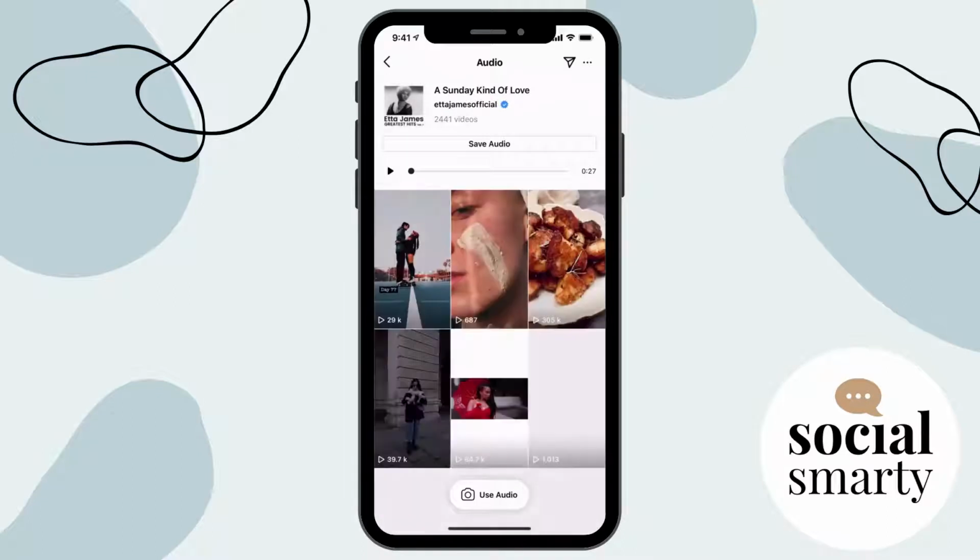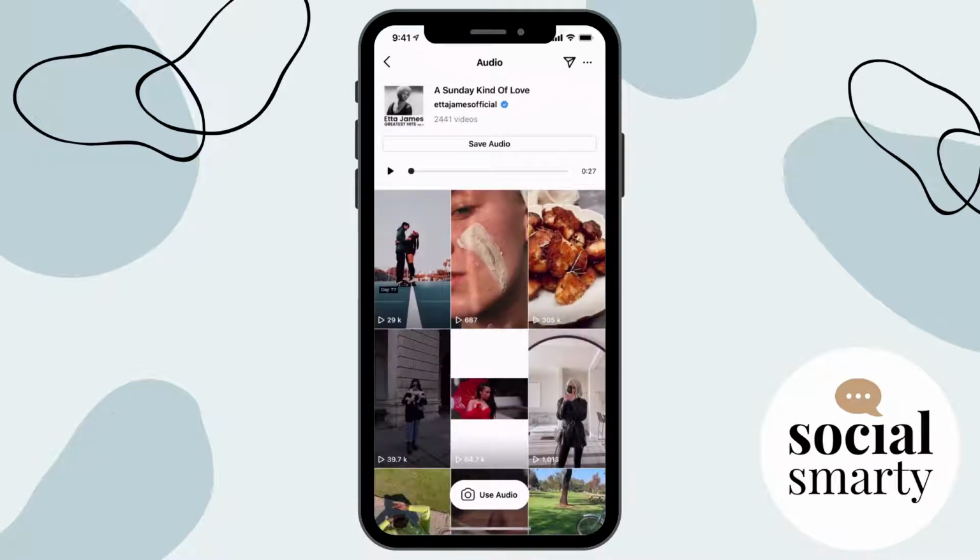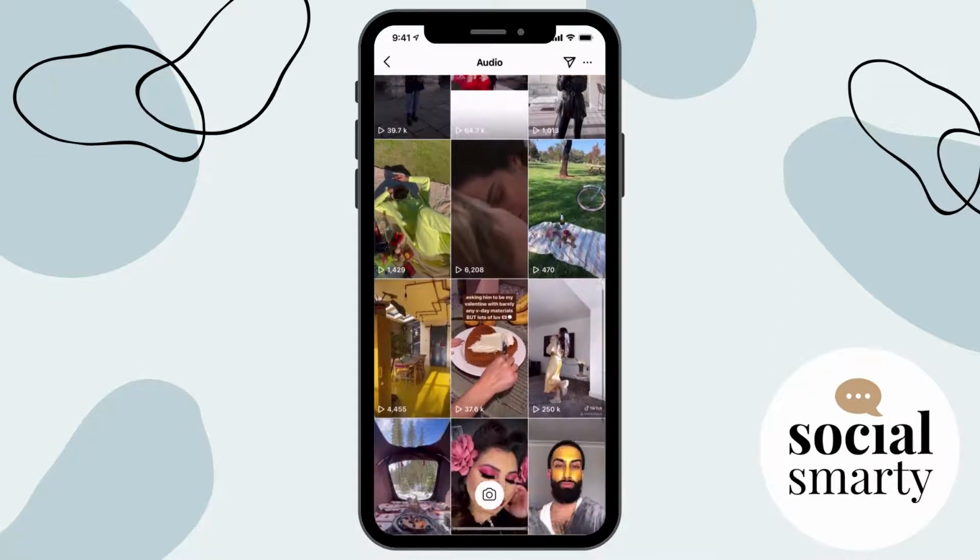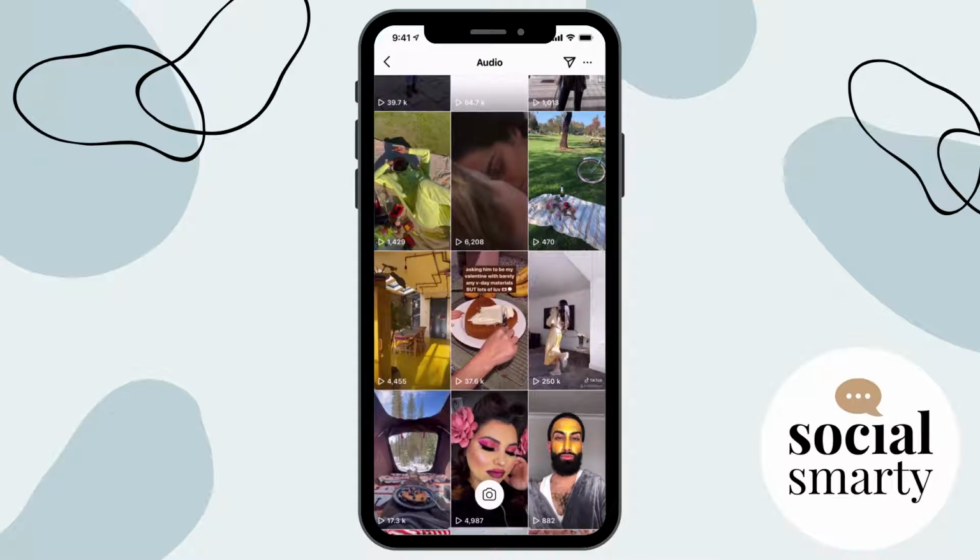And what that does is it opens up all of the videos that have used that audio. And that's really cool. It's kind of like the audio acts like a hashtag. So when I dive in here, I might spend some time scrolling through these videos. Now, I might not know any of these creators. I don't know that they exist. I've never seen their accounts before, but suddenly I'm being exposed to their content because of the audio they've used. And that's why when I create reels, I look for audio that is popular, that's trending, that has lots of videos, and that's going to help me increase my reach.